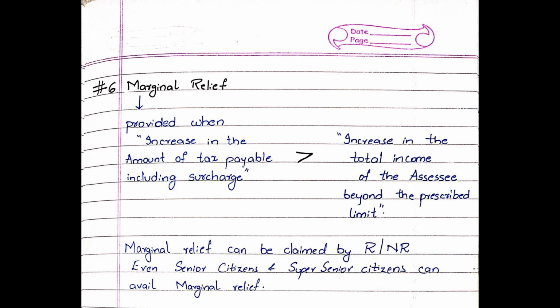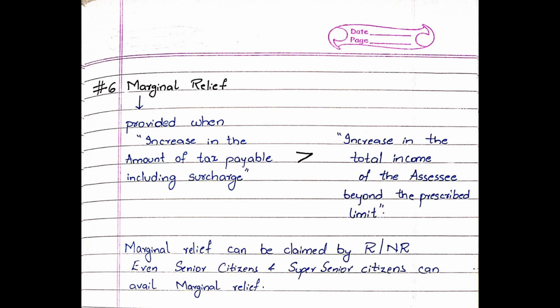We know that surcharge is levied when the income of an assessee, who is an individual, HUF, AOP, body of individuals or artificial juridical person, exceeds rupees 50 lakh. So surcharge is levied when the total income of the assessee exceeds rupees 50 lakh. So if the tax liability of such assessee is increased due to the levy of surcharge and such increase in the tax liability is greater than the increase in the amount of total income, then the assessee can avail the